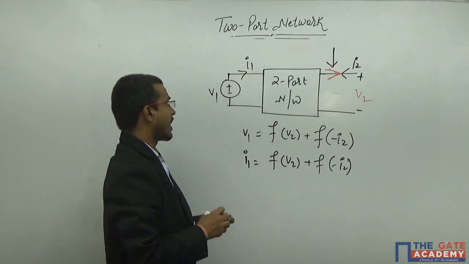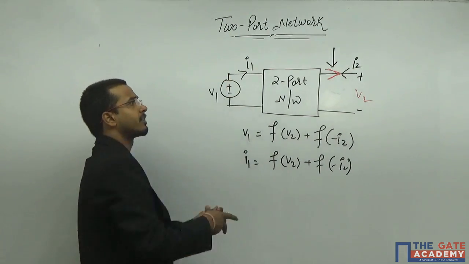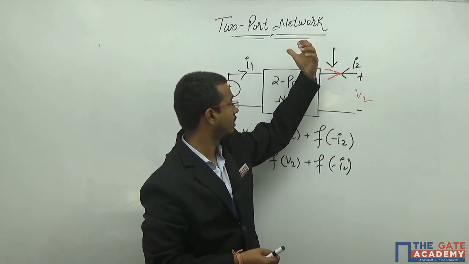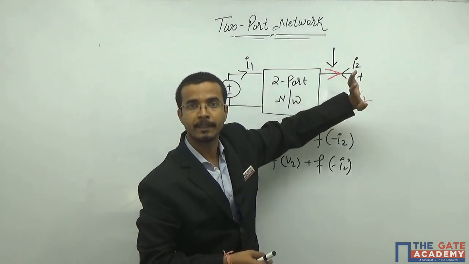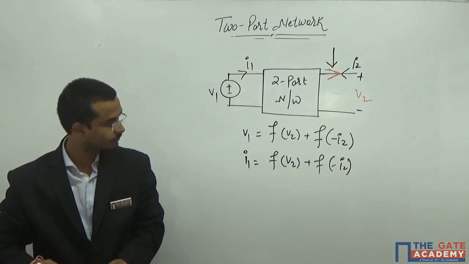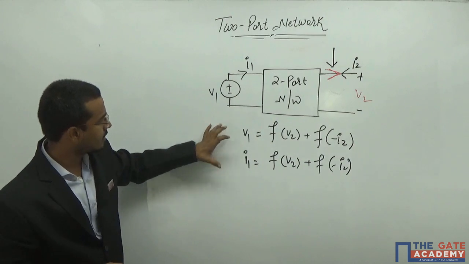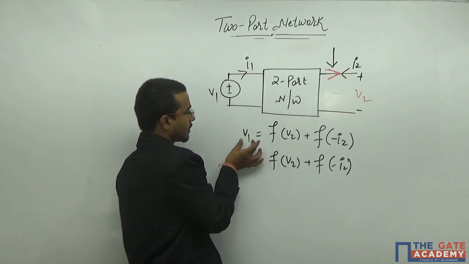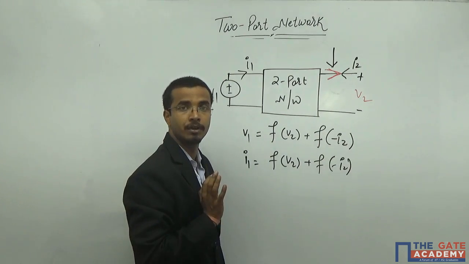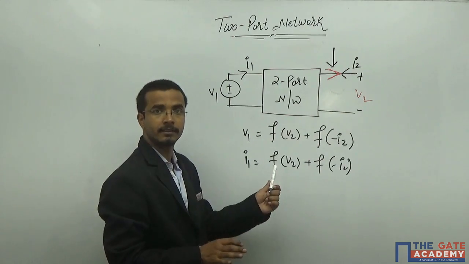That means I will send something from here and I will receive something from there, and I will try to manage my input with respect to this. That means I want to symbolize this particular with respect to my inputs. Now, again, here you are getting V1 as a function of V2 and I2. That means you are trying to estimate now. You are not measuring with this.